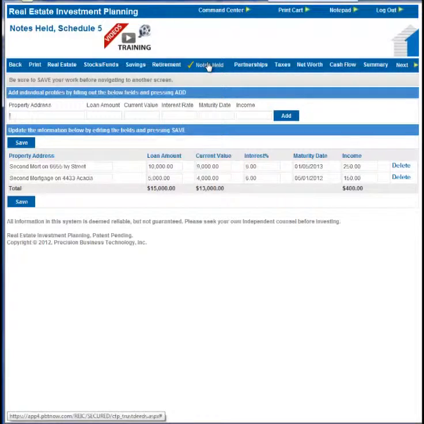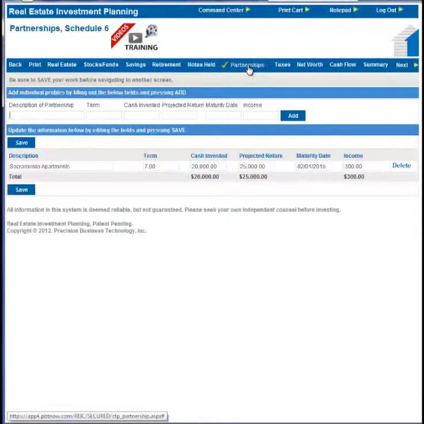These are notes that you would have taken back once you have sold a property and maybe you became the lender, so to speak, where the buyer's paying you on a note that you took back on a second mortgage. Partnerships, if you have any interest in partnerships, you can itemize those out here as well. And track those. Shows when the maturity date is, so you can kind of see when that's going to come